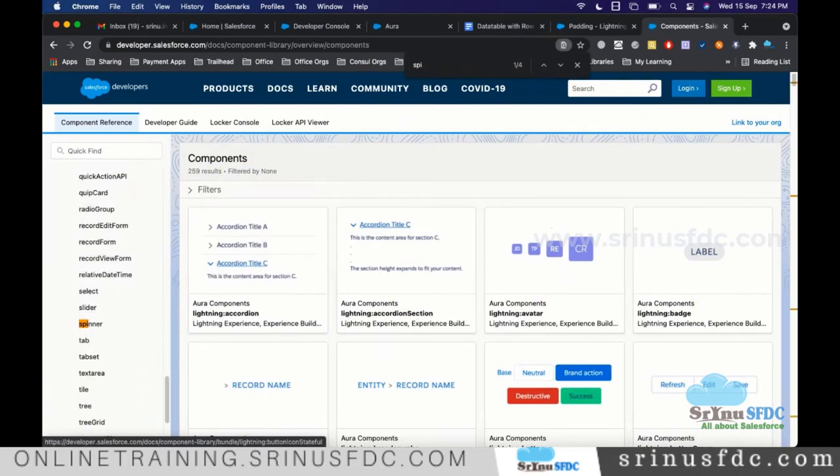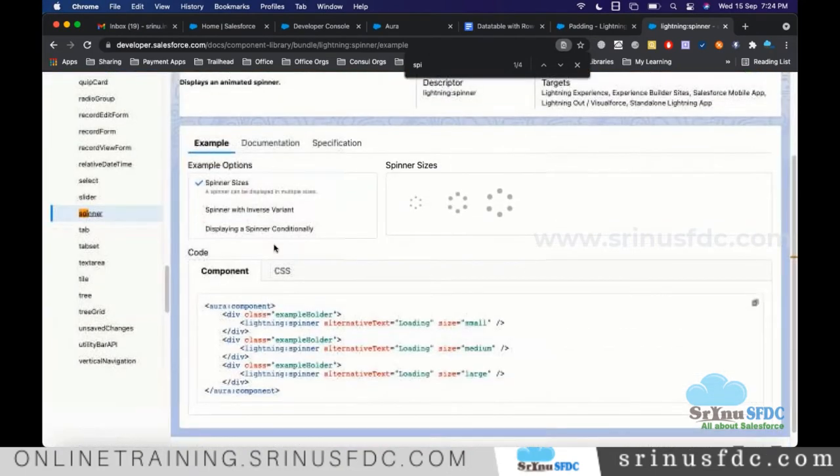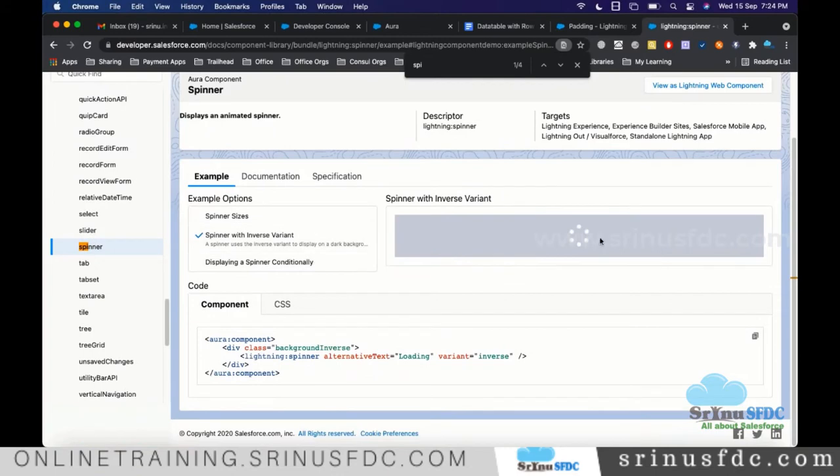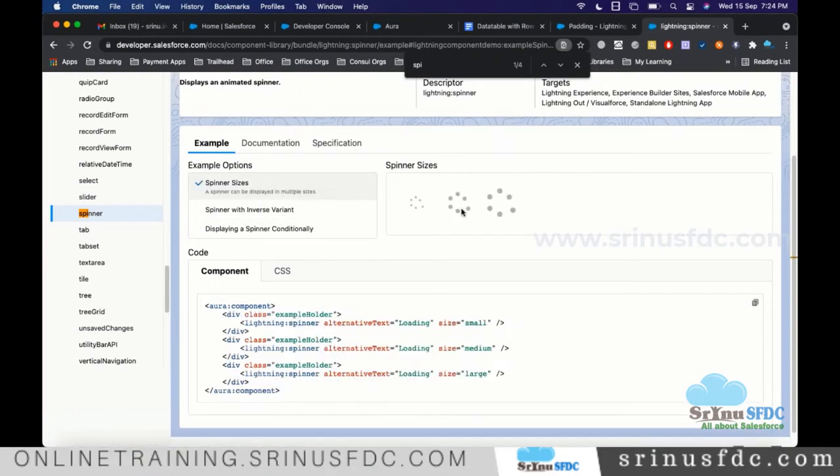Okay, so click on spinner. There are many spinners. So how exactly do you want to block the entire thing, or how exactly do you want to show it? Okay, so let's say I'm going with this spinner. I think this medium one is okay for us. Copy,